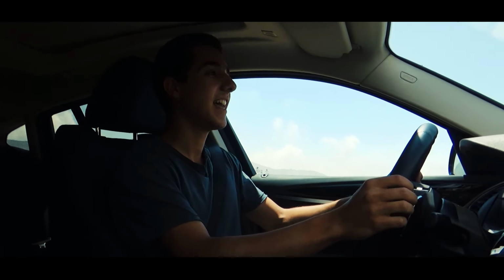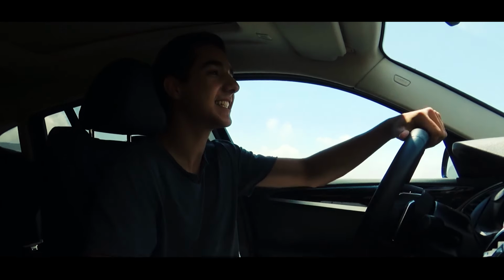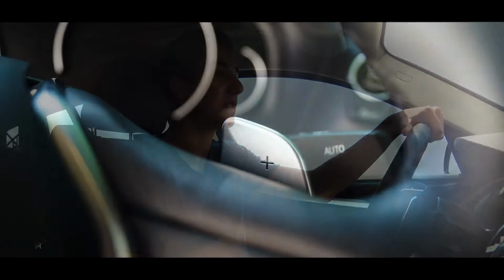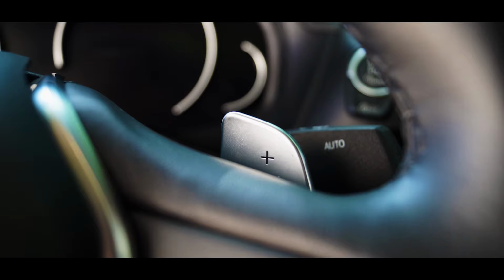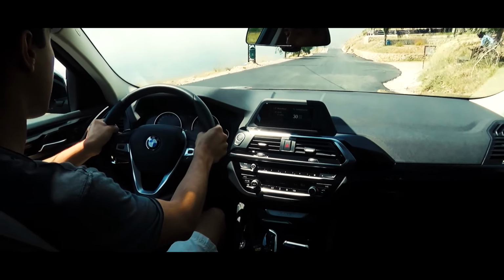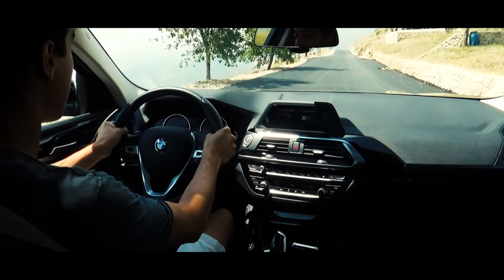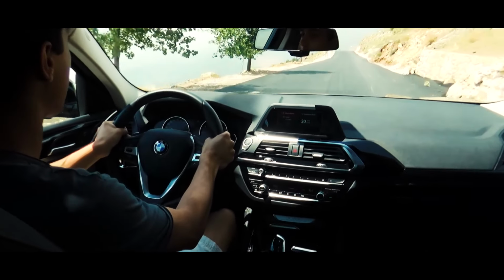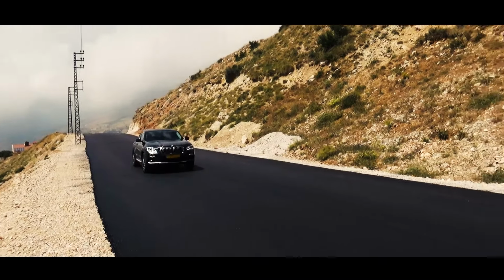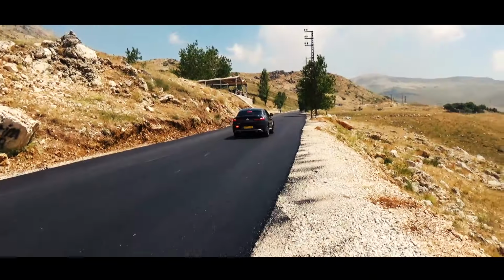As you can see, the X4 is actually pretty fast. It's 252 horsepower. That's pretty good, and I really like using the paddle shifters, which are standard on the X4. That's quite nice. BMW claims the xDrive30i accelerates in 6.3 seconds to 100 km an hour, which isn't surprising at all. You get 350 Nm of torque at just 1450 RPMs, giving you this adrenaline rush under acceleration and beautiful